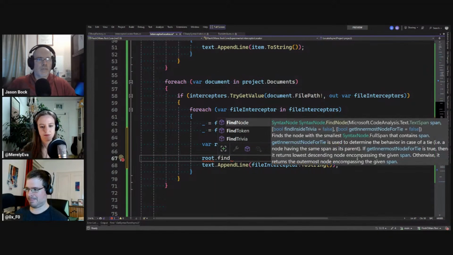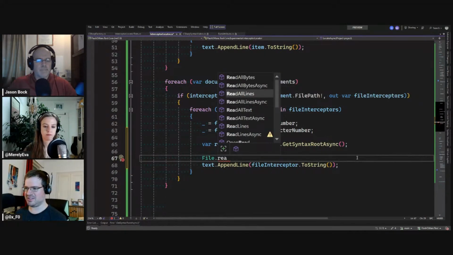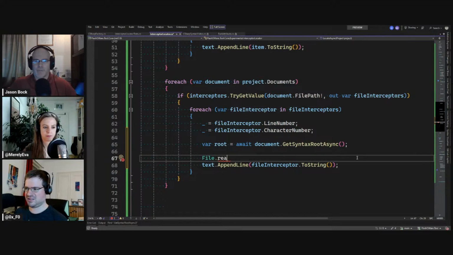Root dot find node. So the text span. Okay, how can we transfer this to a line? I'm thinking of file read all lines or something, where we naively iterate those lines and say, give me line number 5. For right now, that will probably work.